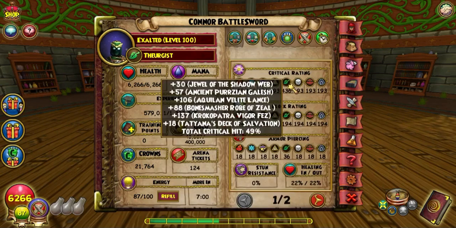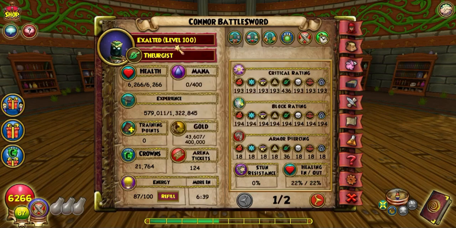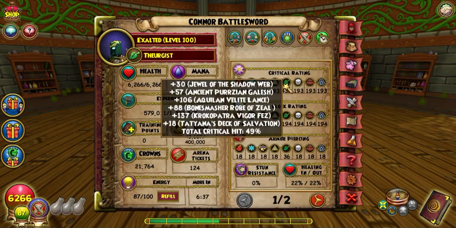And then my critical is 49%, which is, with 49% critical, you should be solid, you should be okay. And that's one of the reasons why I honestly like to fight at level 100 PvP. Not because you face easy opponents, it's just because the critical rating is very good, it's not